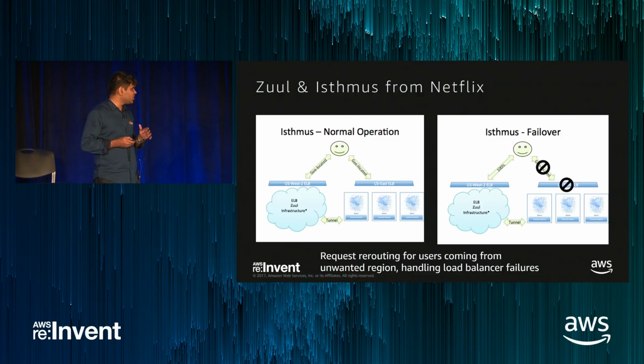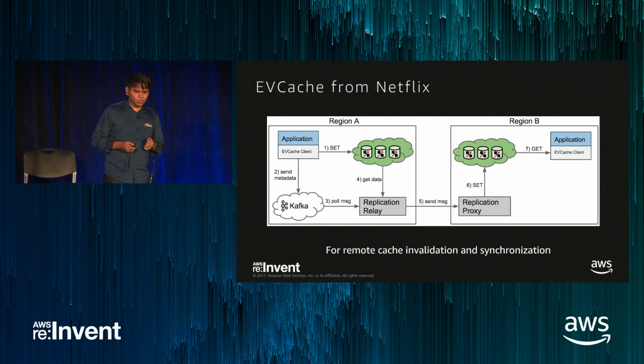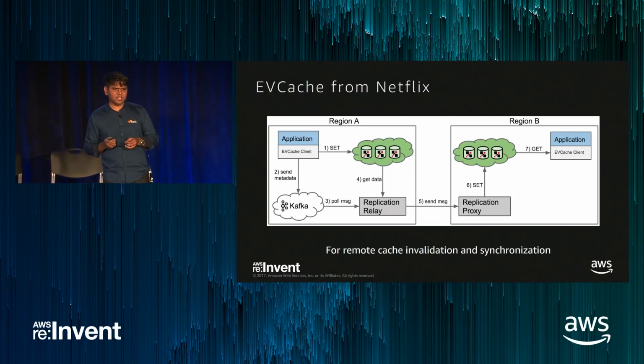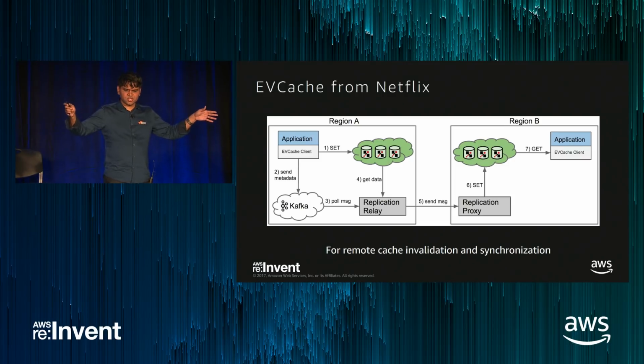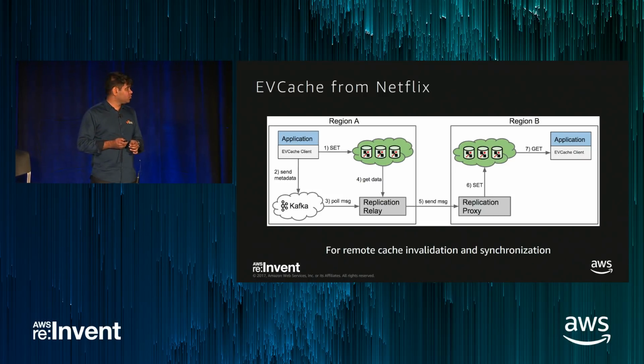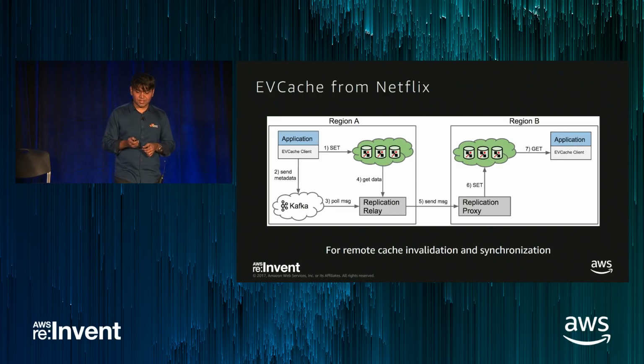It's beyond the scope of this session to go into more detail on those products. I highly recommend you take a look at the articles by Netflix on that. One more product which I like from Netflix is called EVCache. So if you want to keep your cache servers in both the regions in sync, EVCache can do it for you. It can make sure that it writes to the cache of both the regions so that you have the cache also in almost the same state. Being open source, they're available for you to use. Please do take a look at them.